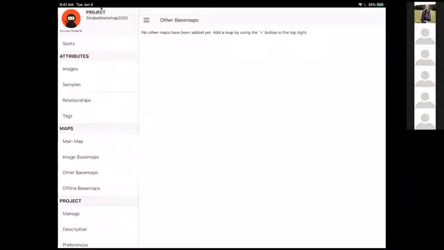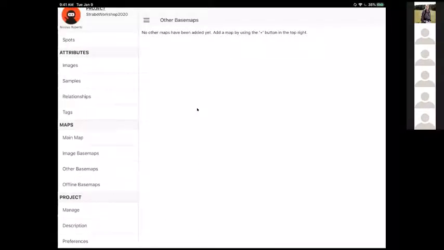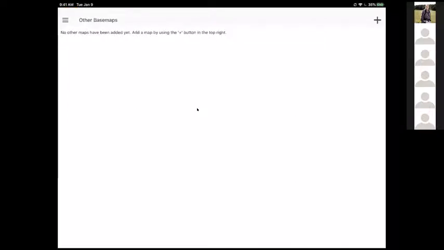And then I'm going to go over to my iPad. So hopefully you can see my iPad. Yep. And down here on the left-hand side, if I go to other base maps, now it's just like the Mapwarper example.